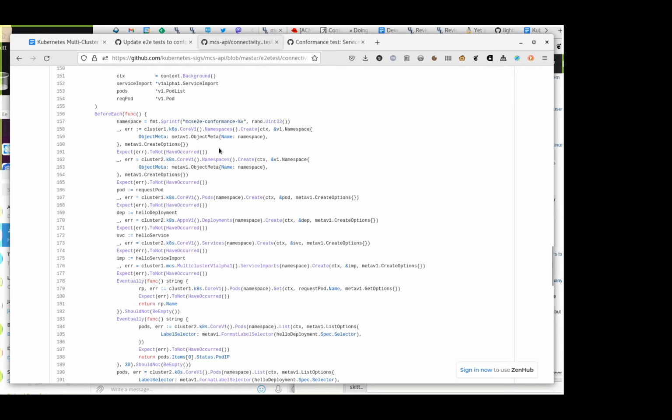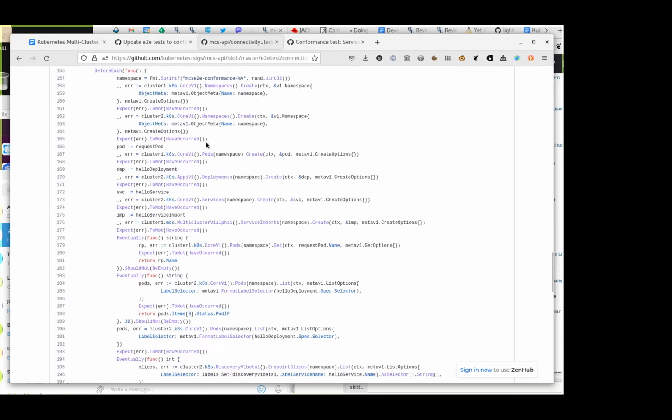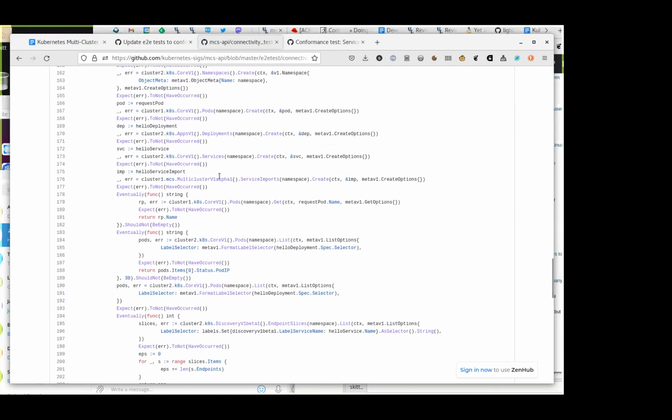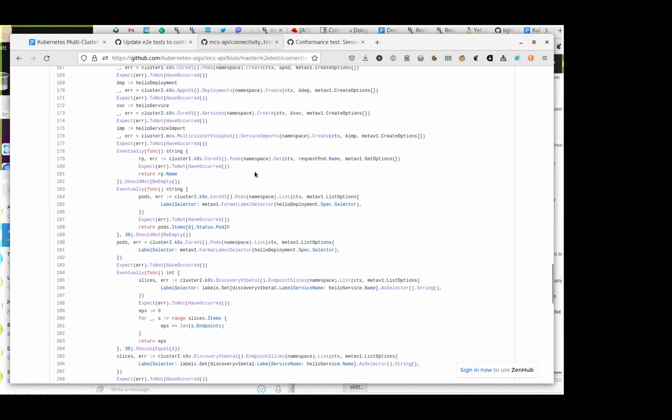It creates a namespace on both clusters, so we get the namespace sameness idea. It creates the pods, the deployment, the service, and then it creates the service import, and then it expects the request pod.